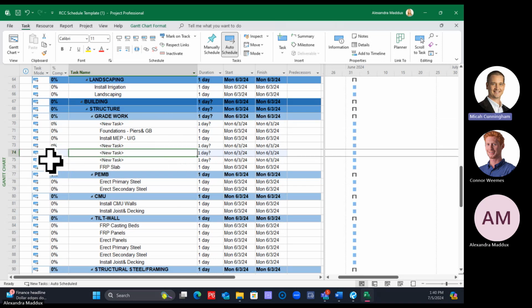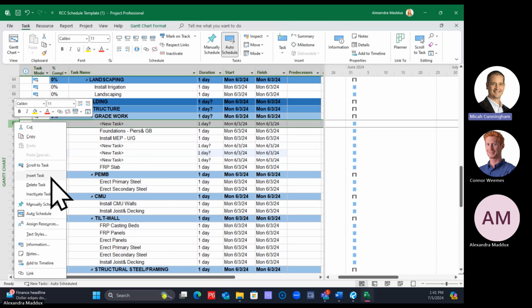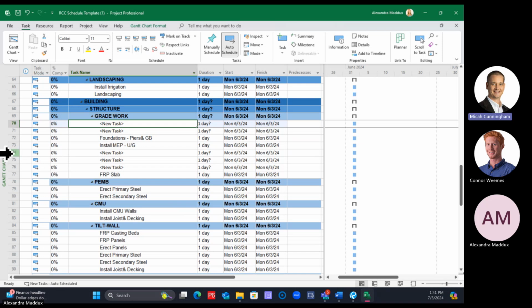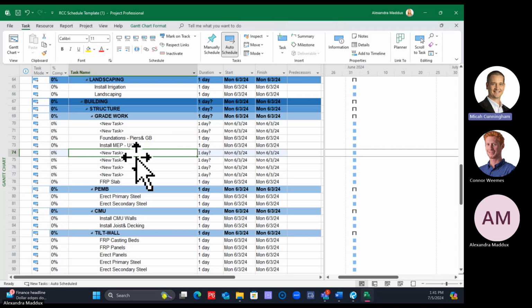Okay, so the three different ways that we added them were by right-clicking a row and saying insert task, clicking on the plus task button in the task ribbon, and using the insert key on your keyboard to insert a task. Well, the fourth. What's the fourth way? The fourth way is, as you're highlighted in that left area,